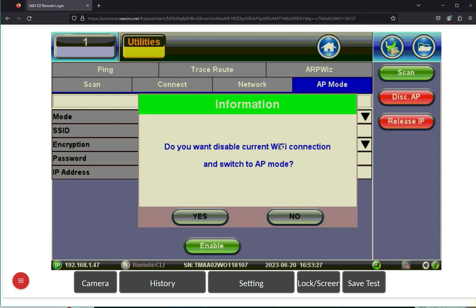So if you are in the middle of nowhere, there's no wireless around you, and you want to have that OTDR acting as an access point, you start that mode, and then on your smart device or your computer, you scan for the access points around you. You should be able to see a new access point with an SSID the same as the serial number of the unit. Log in with the default password, which is 128,